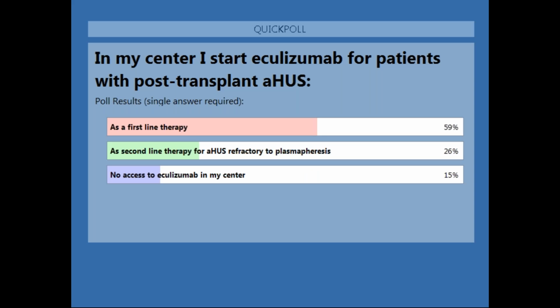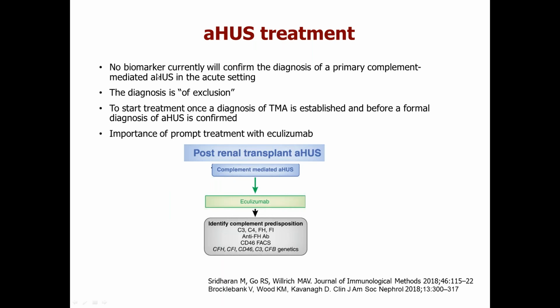60% use Eculizumab as a first-line therapy, 25% as a second-line therapy, and 15% don't have access to Eculizumab. So this is very interesting, because there is growing evidence that we should start prompt treatment with Eculizumab. There is no time to waste, and because no biomarker currently will confirm the diagnosis of primary complement-mediated atypical aHUS in the acute setting. This is a diagnosis of exclusion, and even before formal diagnosis is confirmed, we should start treatment